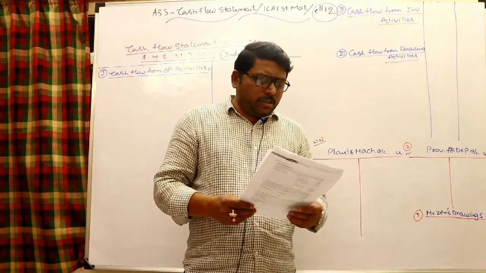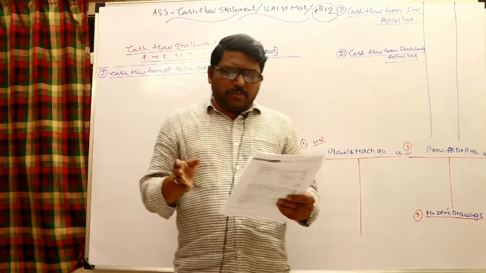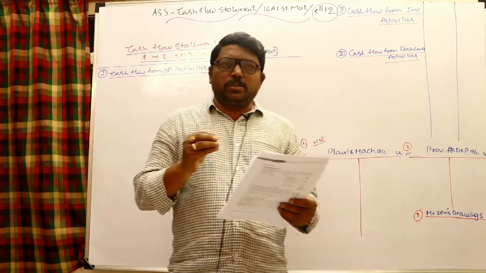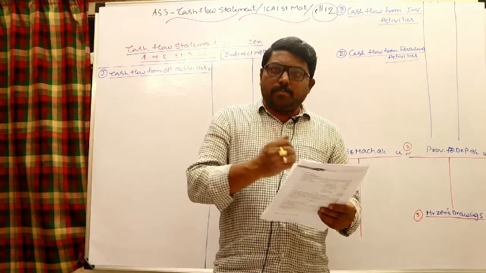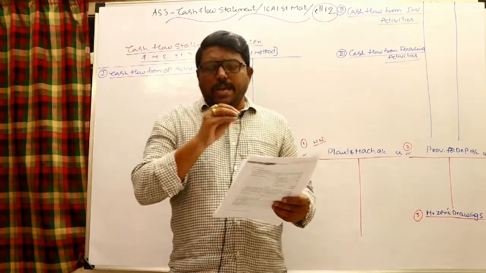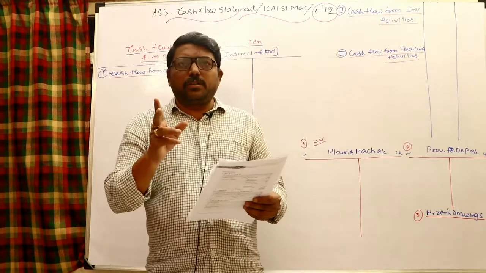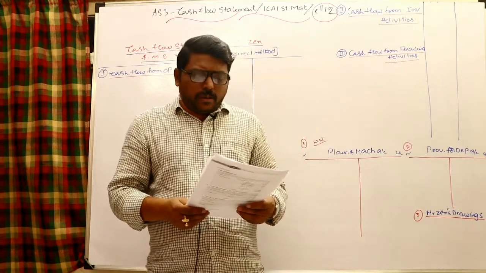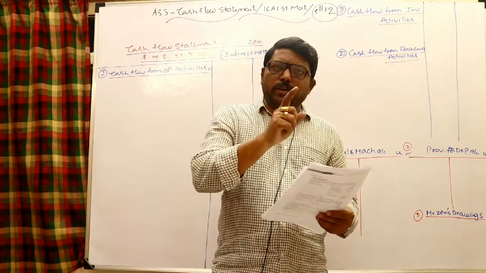First, the proprietor's capital: 10 lakhs in the beginning, and at the end of the period 12,24,000. Obviously in a sole proprietorship business, whatever profit is earned should be added to capital. After adding the net profit, you can compare your capital with the closing capital. If there is any difference, it is nothing but drawings or additional capital brought in. Once again, in a sole proprietorship business, profit earned should be added to capital.